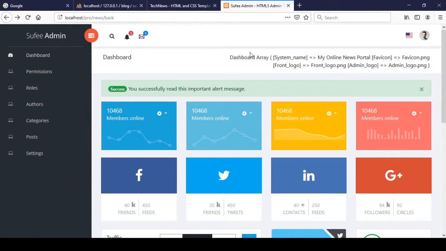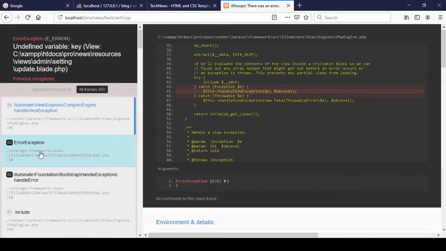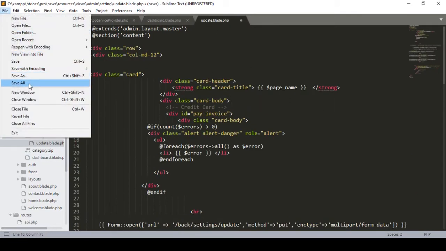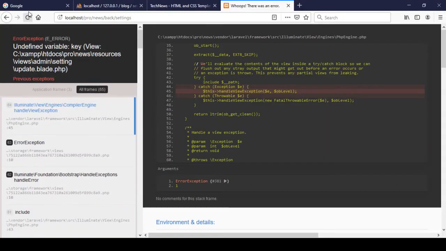Okay, first of all here that is our admin logo, and our admin logo is from the settings. Like if you go to the settings, maybe I defined some of the keys here before, so that is actually the key. Okay, I just removed it. So now click on save all, and now if you refresh it,